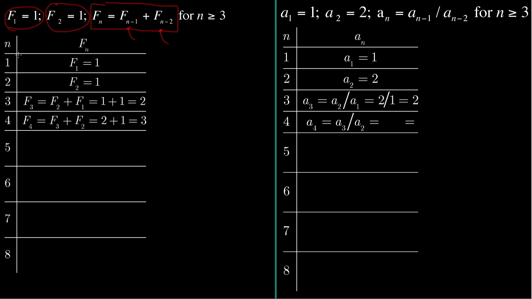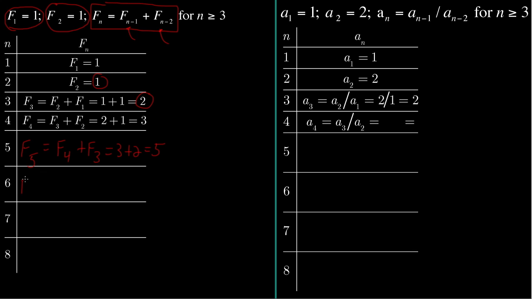So the table's been started for us. The first term we were told was 1, and the second term we were told was 1, so there's no calculations for us. The third term is defined as the second term plus the first term, and if I look up here, that's 1 plus 1, which is 2. The fourth term is the third term plus the second term, so that's 2 plus 1, for a total of 3. And now when we need to start to calculate, the fifth term is going to be defined as the fourth term in the Fibonacci plus the third term, which is 3 plus 2,